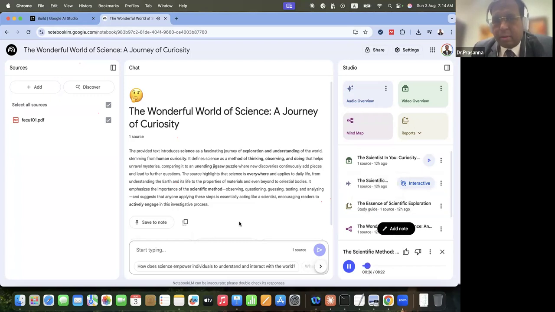But it's more than just a subject in school. Our sources put it really nicely, I think. They say it's a way of thinking, observing, and doing things to understand the world we live in and to uncover the secrets of the universe. So think of it like this huge